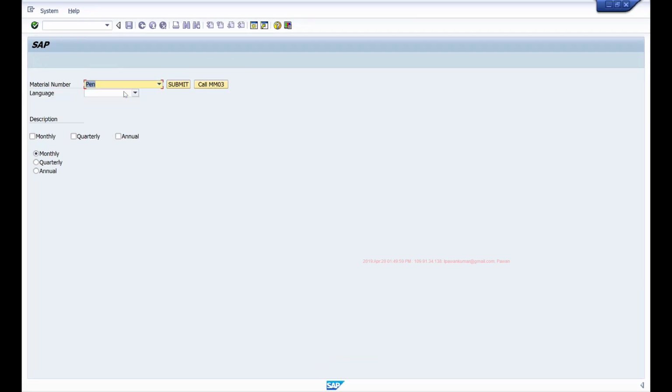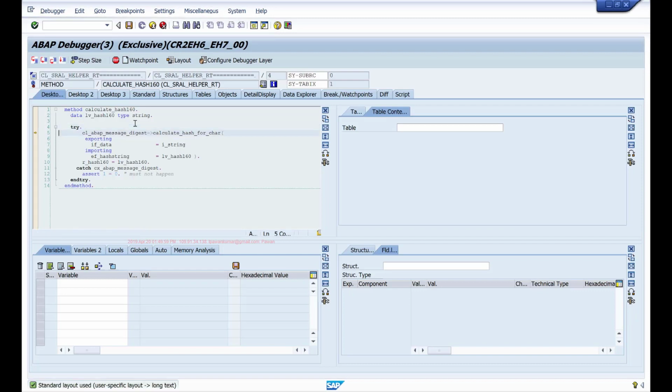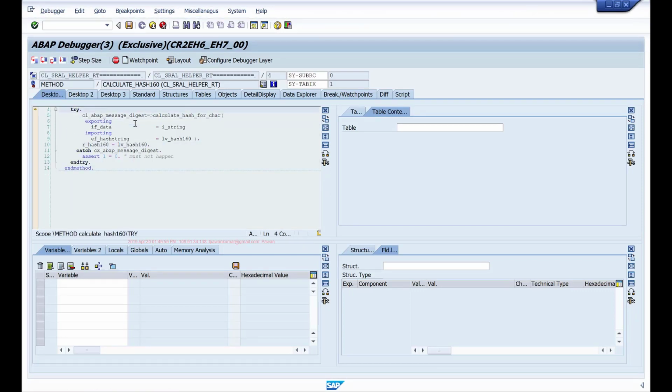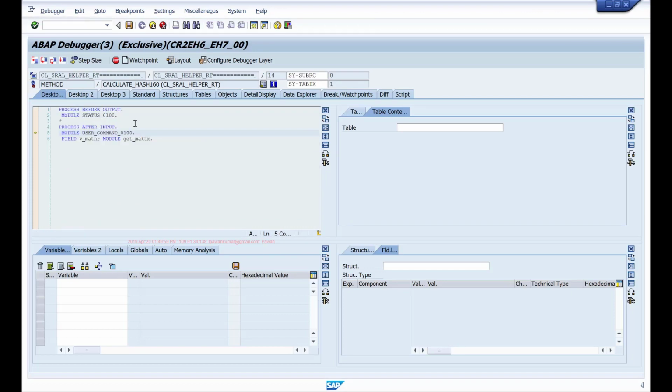if I select this and turn on the debugger again, I'll press F6 till I reach FlowLogic. Now if you see, at this point, the vMatnar is not transferred, so it's still empty.